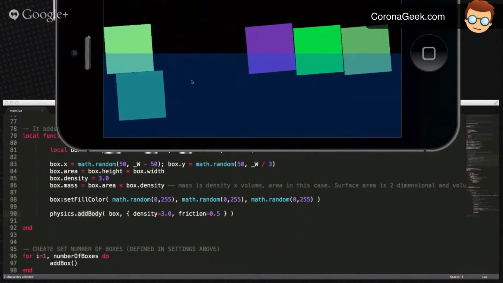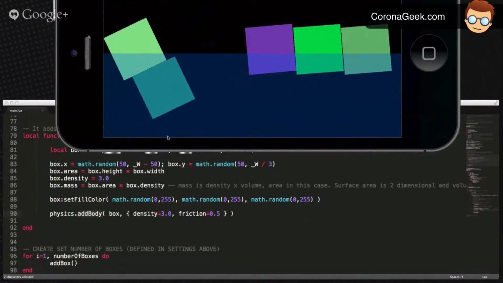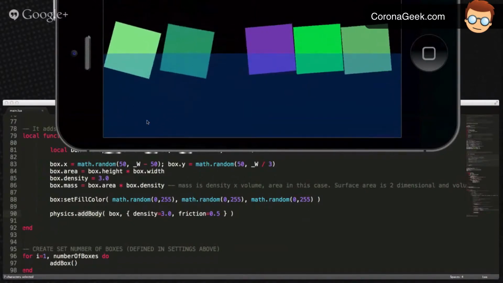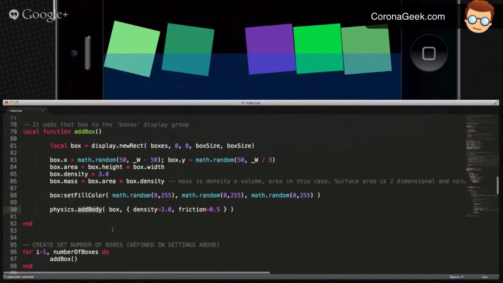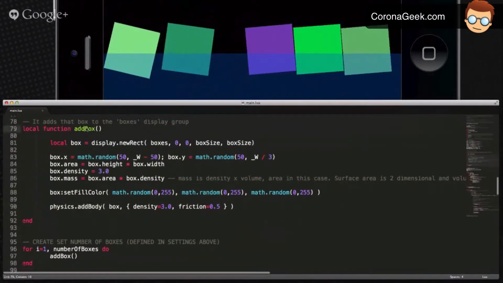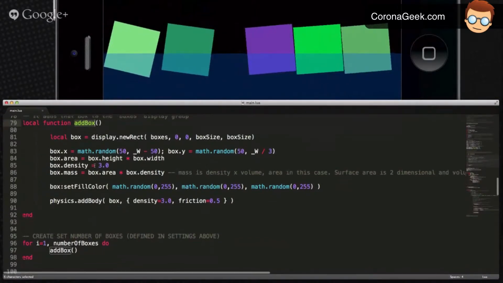It's a little weird because I made the boxes really big, but just like a real physical world object, they won't stay balanced on top of each other. They kind of float apart. But we flip through, and we do that each time. So we've flipped through add box 5 times, and so we've added 5 boxes to our boxes group,